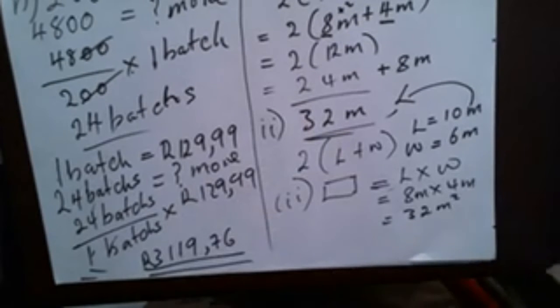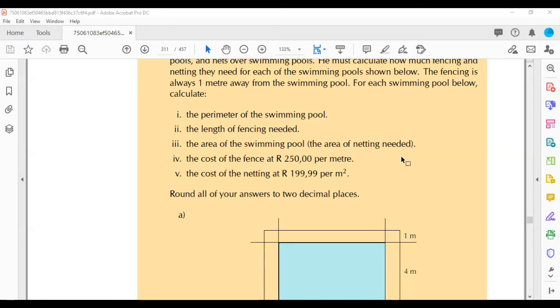Okay, so that is question number 3, the area of the swimming pool, the area of the netting needed. This is the area of the netting required. So we are done with the area of the netting required. Let's move on to